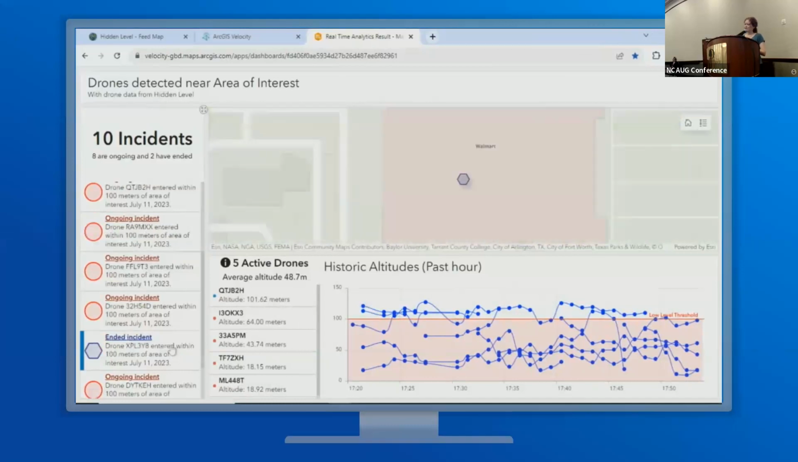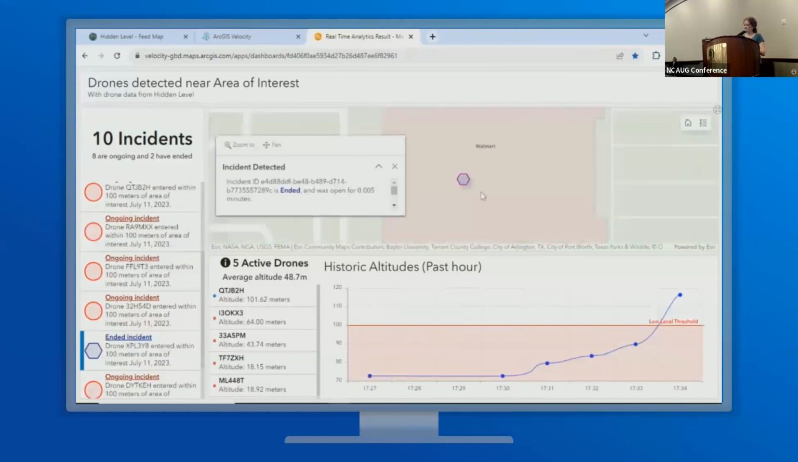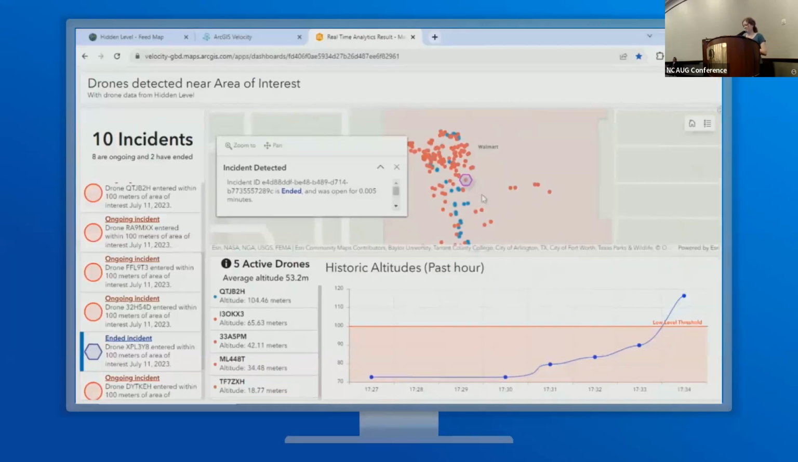We're going to see exactly where the drone was during that incident and the full breadcrumb path that the drone was taking while it was over that area. So in this case, it looks like the drone was hovering over a Walmart, and you can kind of see that it's not just passing over it casually, it's kind of hovering over it. So that might be interesting to that company if they were the ones consuming this data for their situational awareness